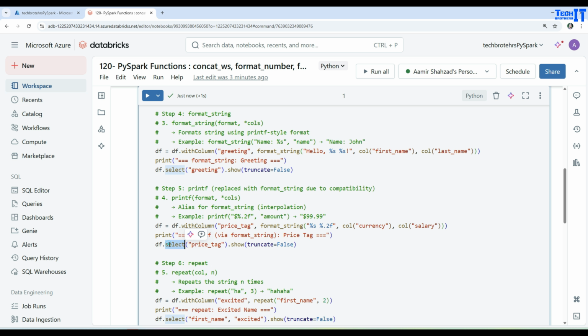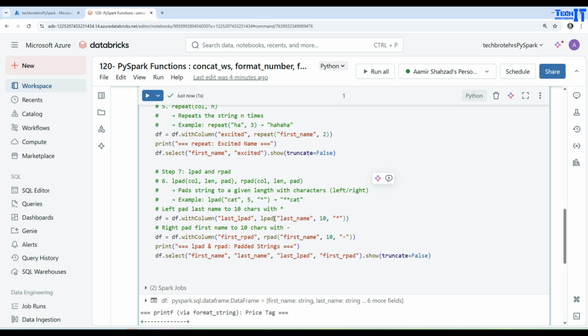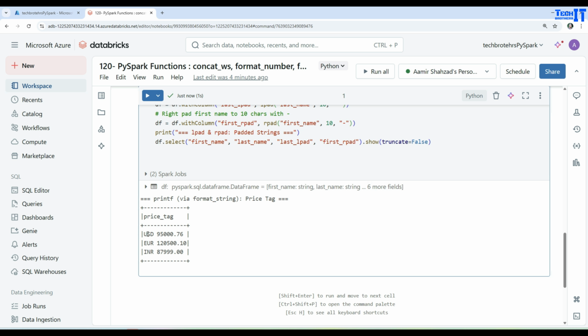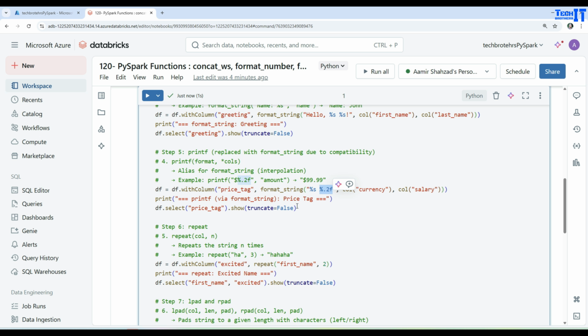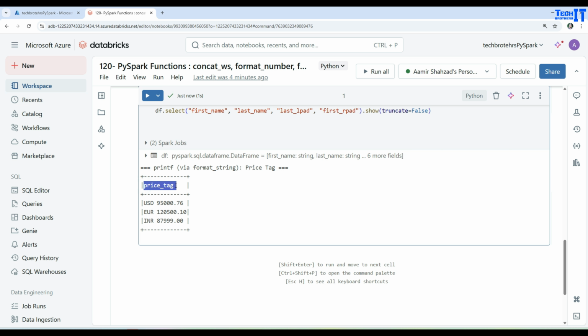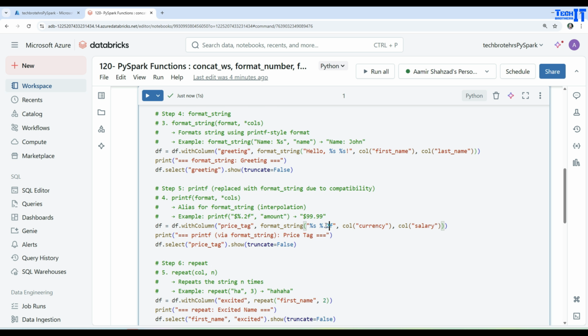And then we are finally selecting our data for price tag. That's the column we are creating by using format string, and the data frame is df. So once we execute this one, we are going to see our currency and then salary in the format we would like to see. So remember that we have provided right here, that's our currency, and then we said that salary, and that should be 2 decimal points of formatting. So here is our price tag, and you can see that it is formatted as we asked or provided our requirement right here. So it has the string, and then it has the salary, and there are 2 digits after the